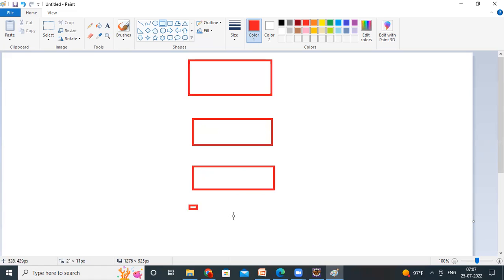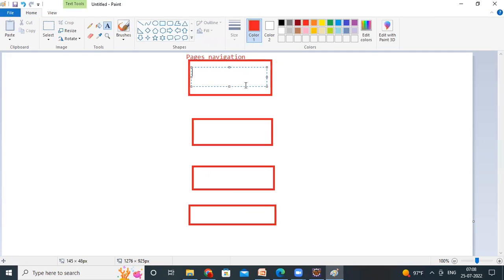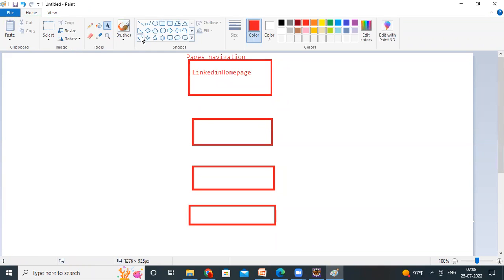This is the page navigation. I'm just showing how you can link one page to other pages, right? This is the LinkedIn home page. So these are all page navigations. First it will be the LinkedIn home page, and then that will be linked to